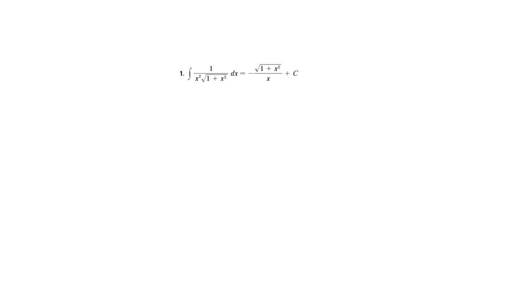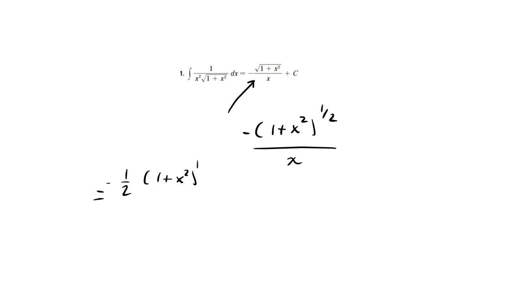Good, so let's do that. On the right-hand side, I'm just going to take a derivative of this. I might rewrite this as 1 plus x squared to the 1/2 over x. Let's use the quotient rule. The derivative of the top is 1/2 times 1 plus x squared to the negative 1/2, you get a chain rule out of that, times 2x, times the bottom, subtract off the derivative of the bottom, which is just 1, times the top, which is negative, makes me a